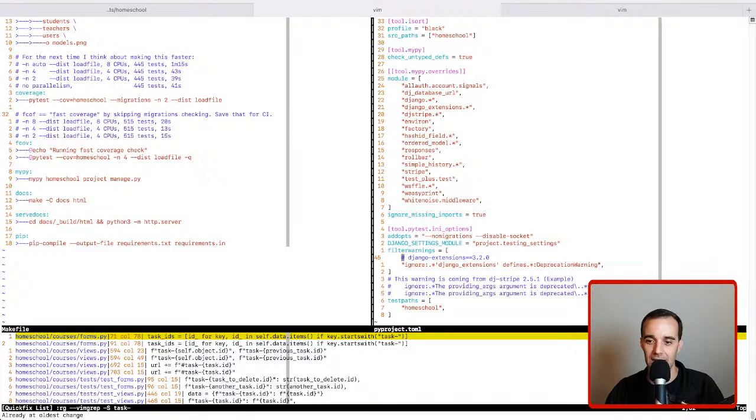So why PyTest? I don't take advantage of a lot of the features of PyTest, but there's some that I really like about it. And the biggest one, oh, he's from Brazil. Okay. The biggest one is